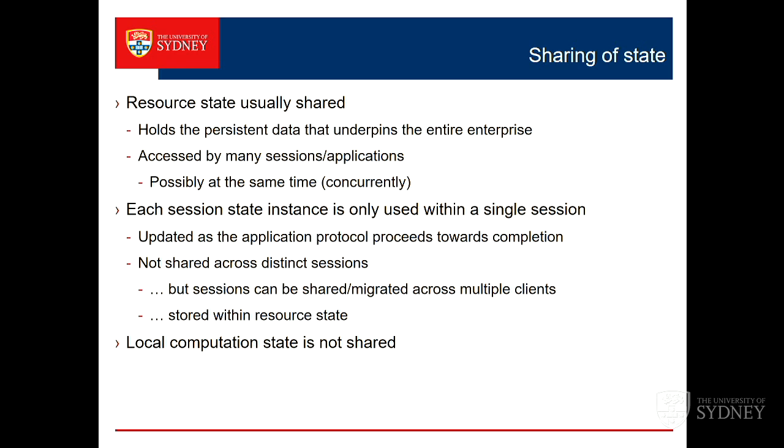How do you get decent answers when you get that type of concurrent access, and particularly concurrent updates of bits of shared information, individual bits of shared information? So resource state is usually highly shared, and we have to worry about concurrent access to it because of the sharedness. Session state is usually only used within a single session, and we just update it, but it's only used by the applications working on that session. One session doesn't normally see session data belonging to another session. That'd be horrible.